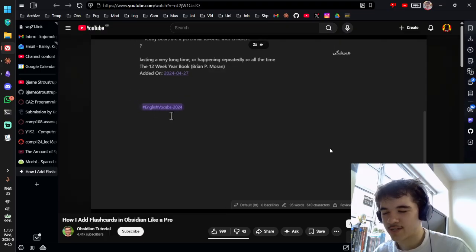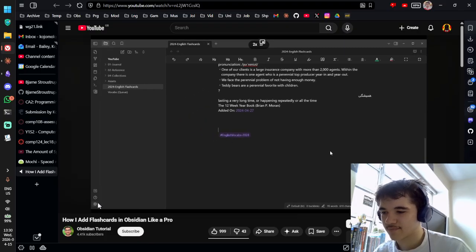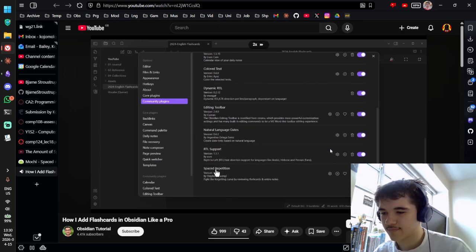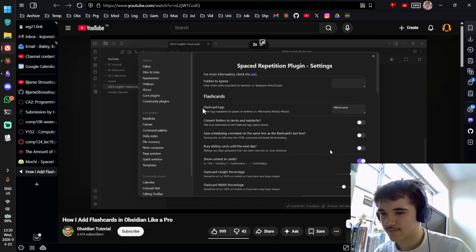After typing this, I want to copy this tag. So you should copy this tag, and after that go to settings, click on the community plugins section, and scroll down. As you can see, this is the name of the plugin which we have installed: Spaced Repetition. I click on this icon in order to go to settings, and now we can see it says flashcard tags, and out of